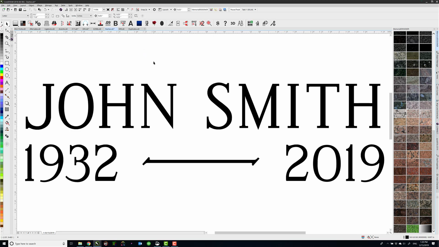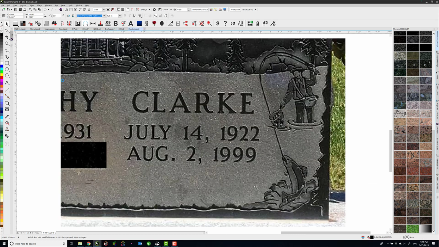I highly recommend the Monument Lettering Center fonts for anyone that needs to be able to duplicate or match historical lettering. If we switched over to this, that is a photograph of a stone taken out in the cemetery, oftentimes it's the case that you have to put in an extra date of death or match existing text. One of the Memorial Designer tools that we have is able to make it so that if I clicked here and then here on my photo,